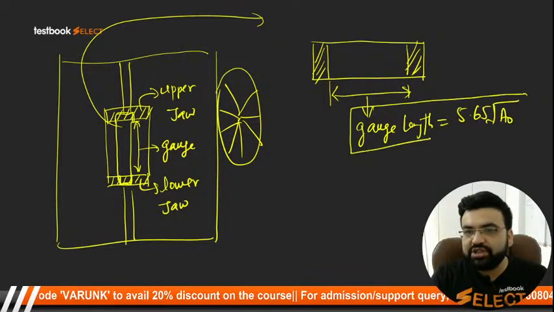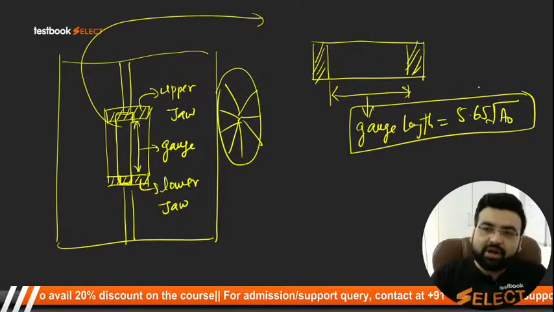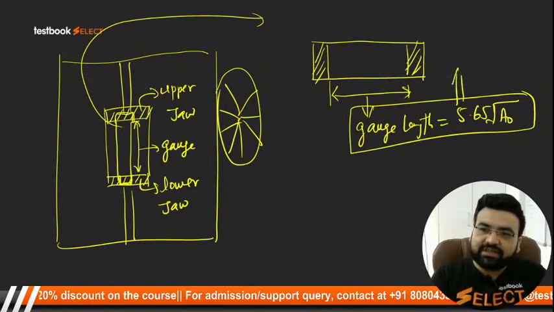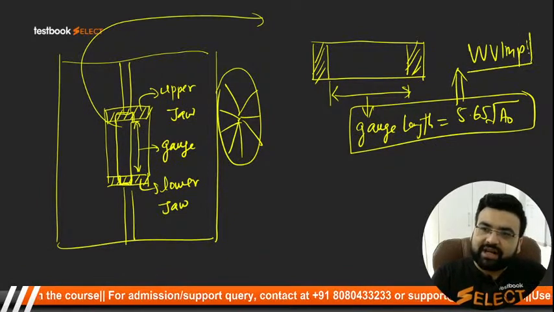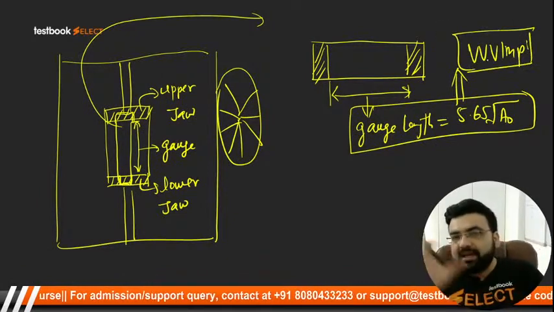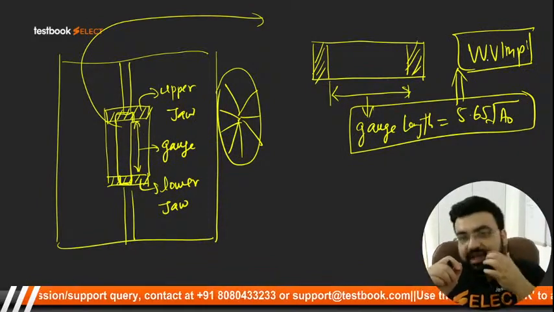A naught is the original cross-section area. This is what the gauge length is. Important formula students, ध्यान रखिएगा. This formula is very, very important. ध्यान रखिएगा उसको. That is the gauge length. Now ये आपका gauge length हो गया. अब आपने UTM के अंदर अपने मटेरियल को लगाया. अब क्या करोगे?